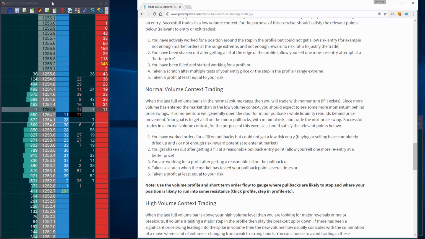If you're looking at the gold DOM here, everything's a bit slow this time in Australia. In the Jigsaw DOM there, we're seeing prints mainly into the bid. I'm going to make a